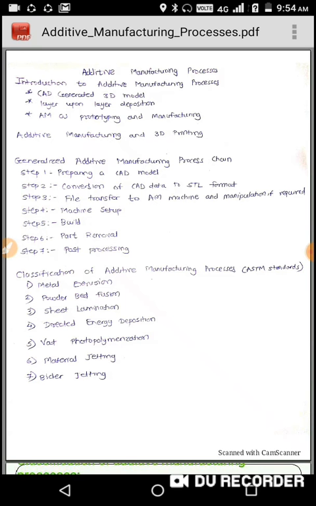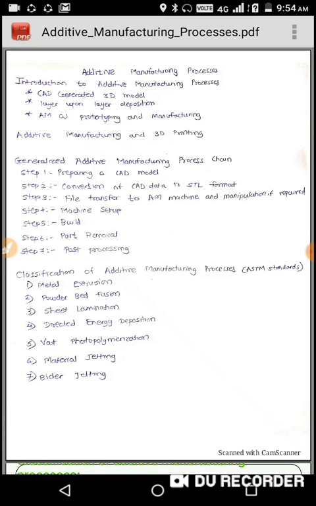Step one is preparing a CAD model. This CAD model is either designed as a new one, or if it is possible we can scan an existing one, prepared to describe the geometry of the component to be manufactured.